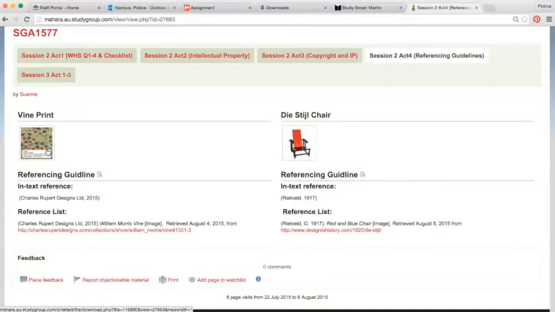Okay, because that's what confused me. Charles Rupert doesn't own the actual copyright. Charles Rupert Designs owns the copyright. That's correct. So that's why I wasn't sure with the reference list. So William Morris created the design, and that's an image, and it goes in brackets. And then you put a website where it was retrieved from. Now, obviously, you put a 2015 because you didn't know,